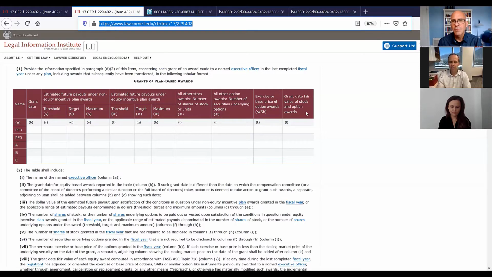But if, for example, the targets for years 2 and 3 aren't going to be set until the beginning of years 2 and 3, you don't have a grant date for those tranches yet, so you're going to report a smaller number in your table for year 1. So whatever the accounting rules lead to as far as the grant date fair value, that's the number you're taking. And one other question sometimes arises in the table format, there is a CDI on point,